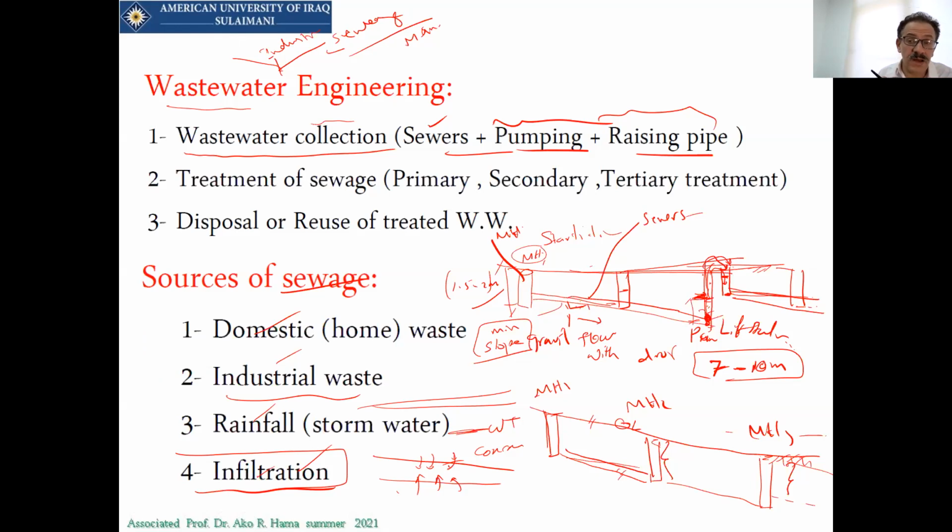That will be if we have a high water table, like what we have in Baghdad or the southern area. The water table is about 1 meter to 2 meters. So when excavating 2 to 3 meters for the pipes, and you are using a concrete pipe or clay pipe, the water will infiltrate through these pipes to inside the sewer itself.